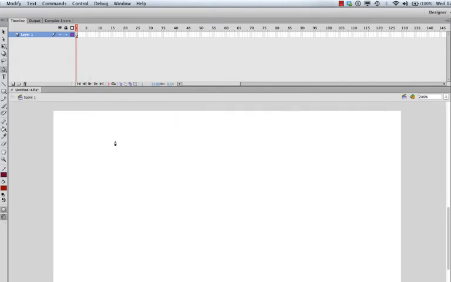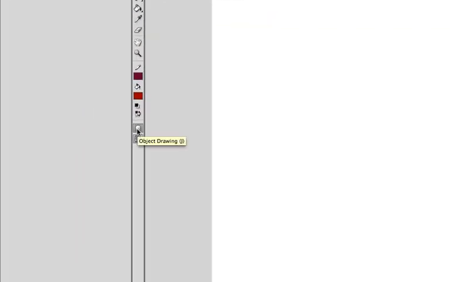The pen tool is going to act just like it does on all the rest of our drawing programs like Illustrator. So we love the pen tool, best way to draw in my opinion. When you select the pen tool, notice at the bottom of the tools panel you also get the object drawing mode option. You can turn it off or turn it on. Let's keep our pen tool with object drawing mode on so it works like we're familiar with. And when we use the pen tool,